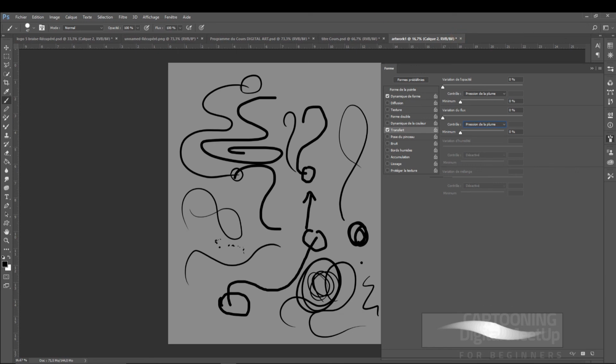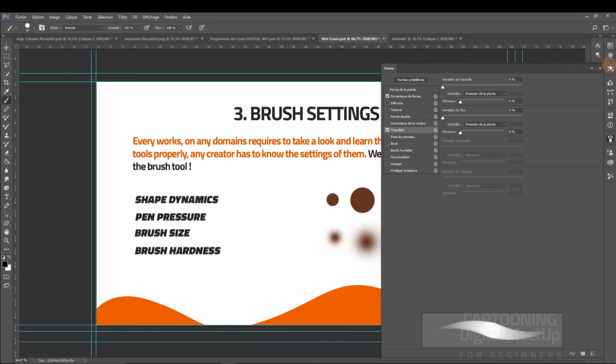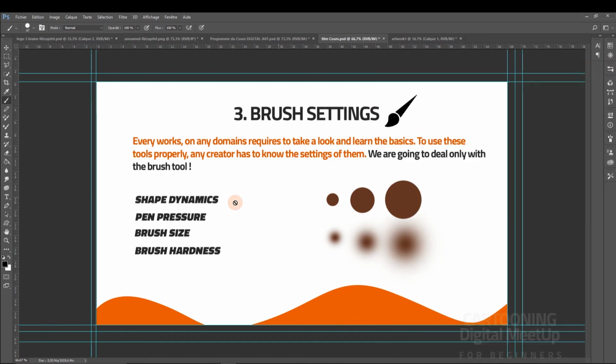What is brush hardness? The brush hardness is this. Here is hard. Here you can see the borders are hard. Here is smooth. Okay, so there are two different types of brushes that I'm using to make my cartoons. I use the smooth one to blend, then the hard one to make my outlines. Most of the time when I'm doing illustration, I only use that to fill up, to draw, to do anything. But for this,